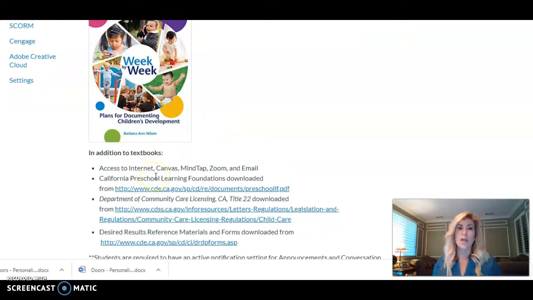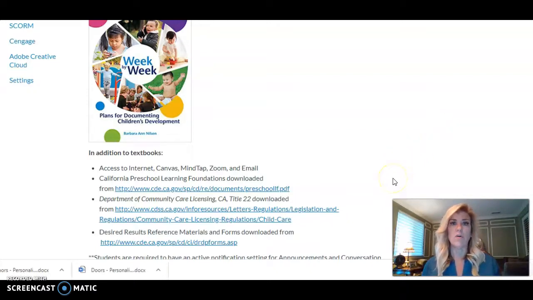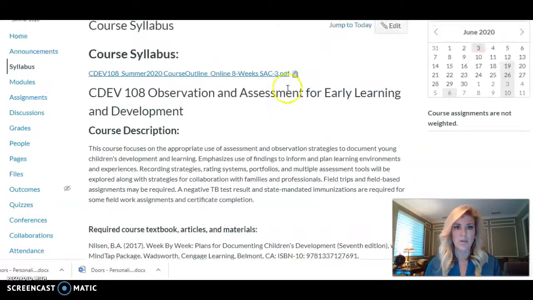Another thing that's very important, you will need internet access, you will need Canvas access, and again, MindTap, Zoom, and email. We will be Zooming 3 times because I feel it's very important for us to go over the observations in detail, and when we're talking, you can ask questions at that point. I will also be going over some samples for you to see. Internet access will allow you to pull up California Learning Foundations, as well as Community Care Licensing and Desired Results, which are all material you need for your observations. So let's go ahead and jump into the